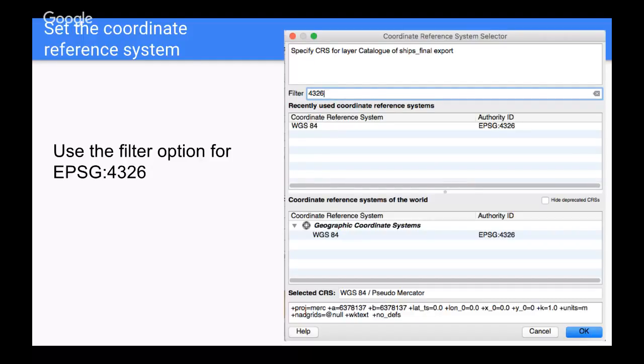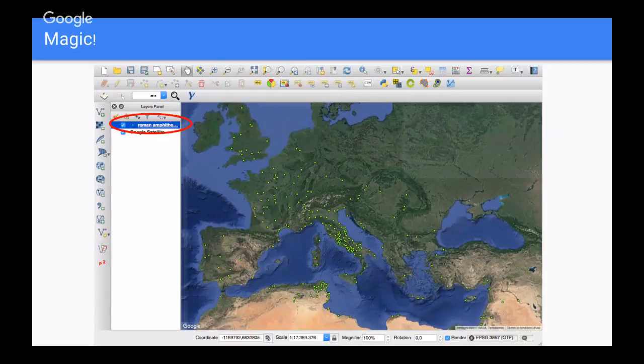Once you click on OK, it will show you a very basic view of all the points in your map, and you will see the name of your file in the Layers panel. Once you've done that, you can finally dedicate yourself to the fun part, trying different visualizations according to the kind of things that you want to do.